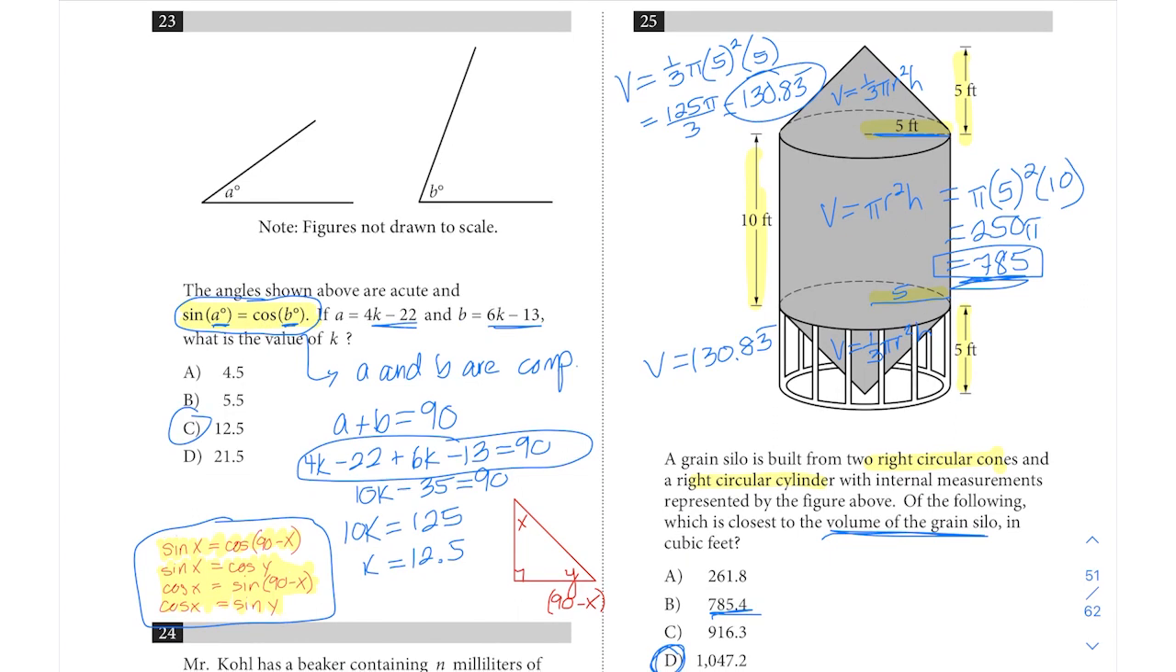So this question involves some complex calculation, but luckily the SAT will give us all of the equations necessary for us to plug in and solve. And here we're basically just going to add together these three values: the 130 for the volume of the cone on top, the 130 for the volume of the cone on bottom,